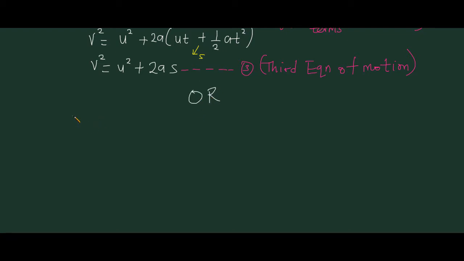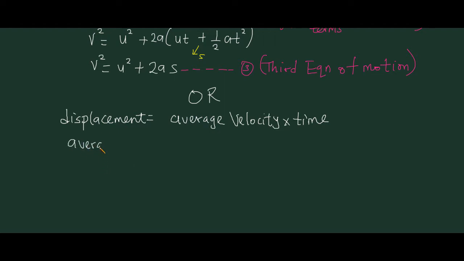You can recall that displacement is equal to average velocity multiplied by time. Because if you look at our average velocity formula, average velocity is equal to displacement over time. And if we want to make displacement the subject of the formula, we cross multiply, and this will be our answer. We can also remember that average velocity